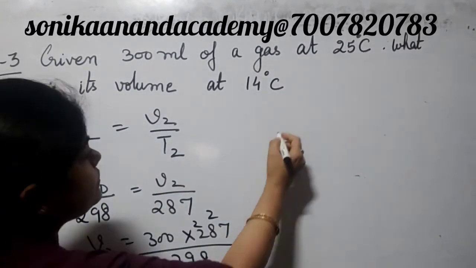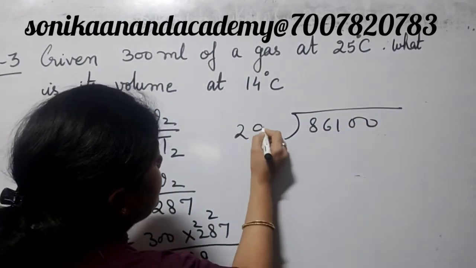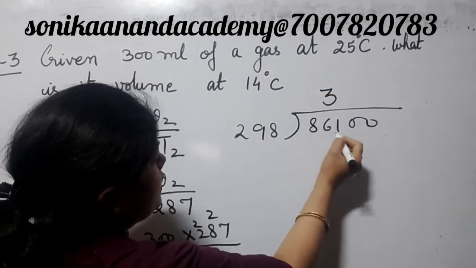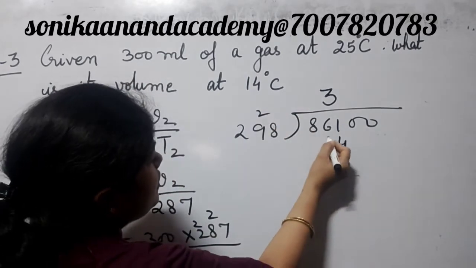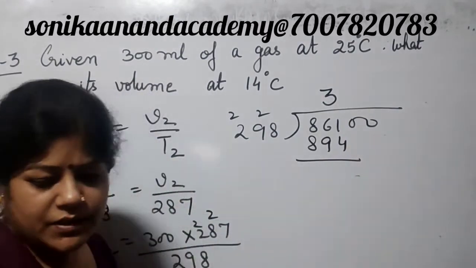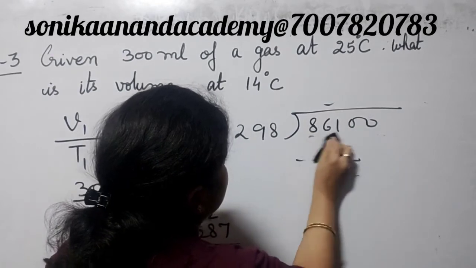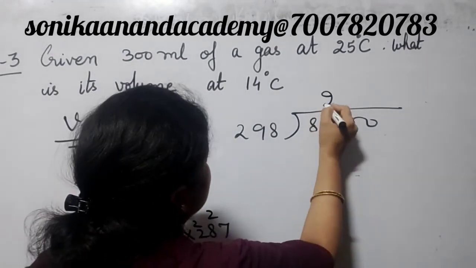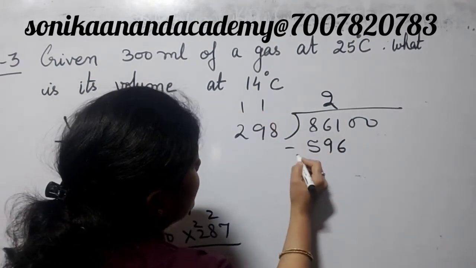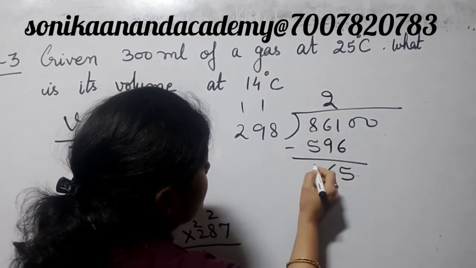So what we get over 86100, and here we get 298. Now 2 4s are 8, so we just take it by 3. 8 3s are 24, 2, 3 9s are 27, 28, 29, 2, 3 are 6, 7, 8. This is also more than 861, so we just multiply it with 2. Okay. So 2 8s are 16, 2 9s are 18, 1 19, 2 2s are 4, 1 5. Now subtract it. 11 minus 6 is 5, 15 minus 9 is 6, 7 minus 5 is 2, and this is